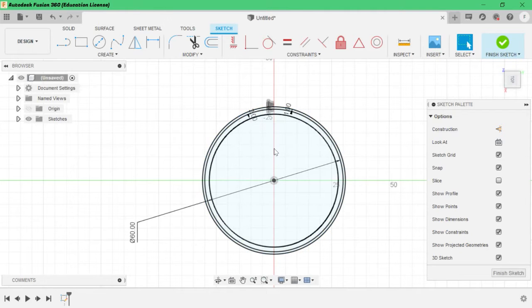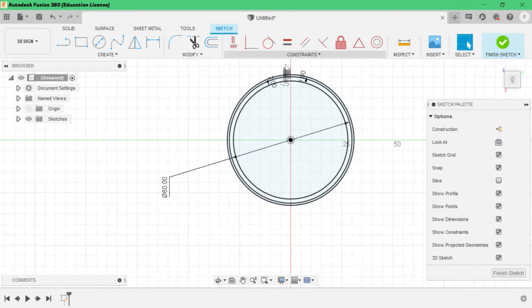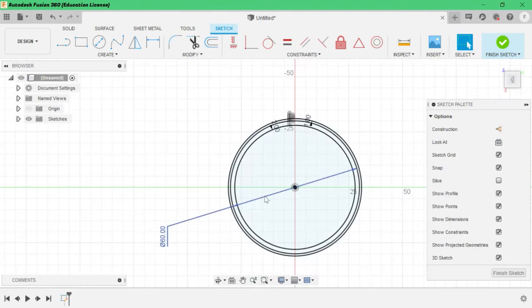Because this is the base, this is the wall thickness, and this is the upper lip, so that this thickness will create some grip. It is the lower lip, and the upper lid has to be fixed on the lower lid. Like that we have to create the concentric circles with some thicknesses.